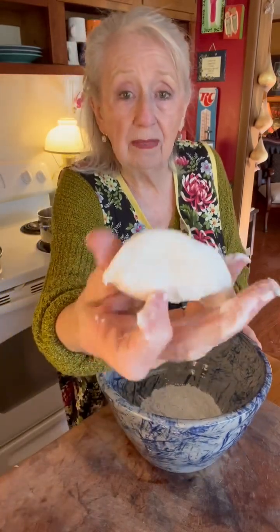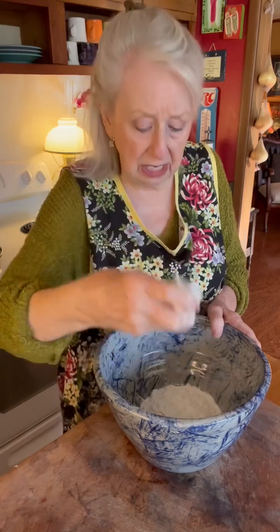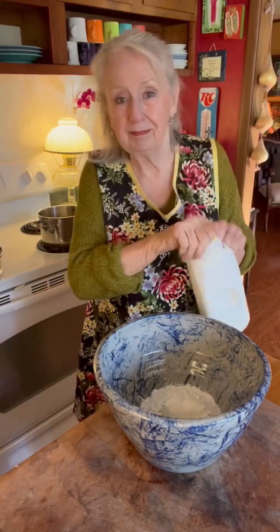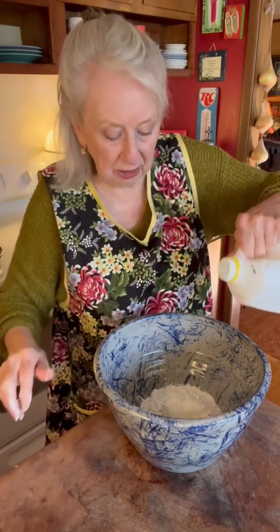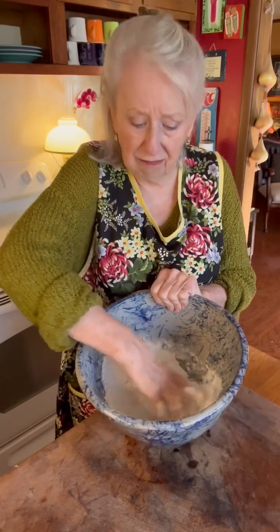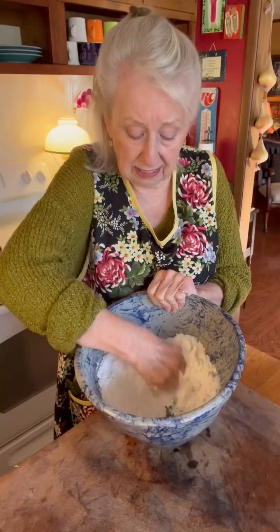All right, and I'm going to get me some grease. You can use lard or whatever solid grease you want. I'm going to get that much. That's about the size of a chicken egg. Put it in there. Take you some buttermilk. Put you a little bit in there. Maybe half a cup right now. And just work that dough, that flour in with that